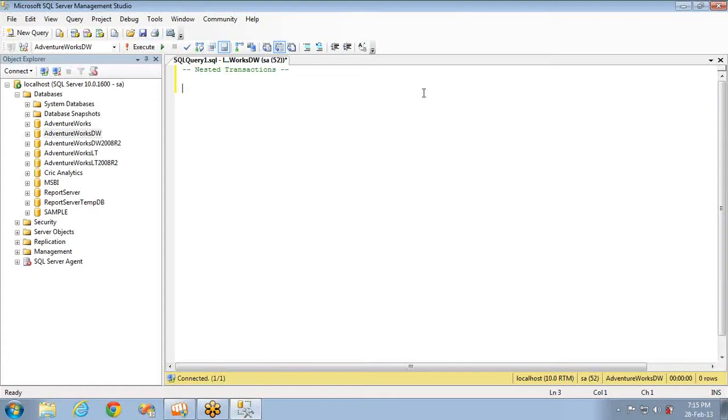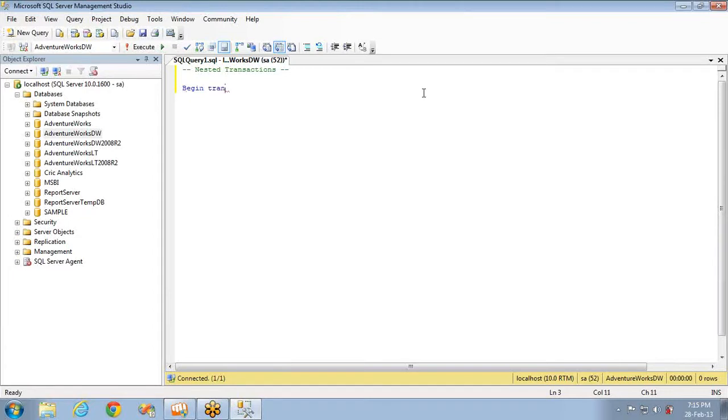Now, nesting in the sense of having one transaction inside another one. It's like a subquery. A subquery is a nested one, right? You can nest up to some levels. In the same way, you can nest the transactions. And let's see an example, first let's see how it looks.